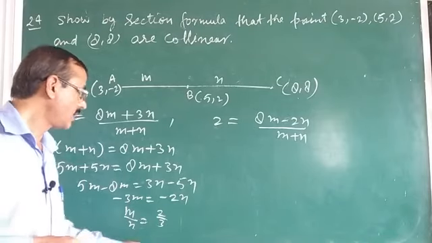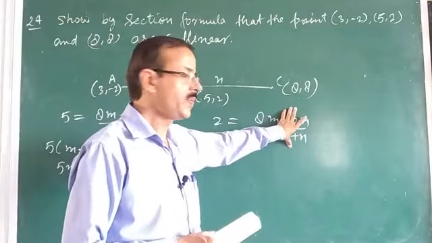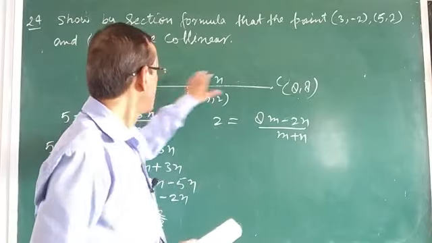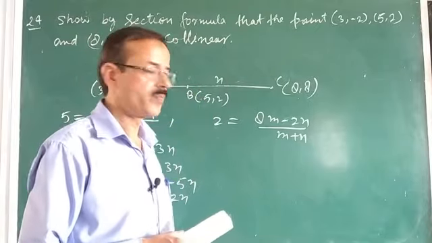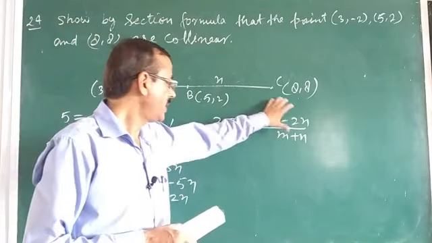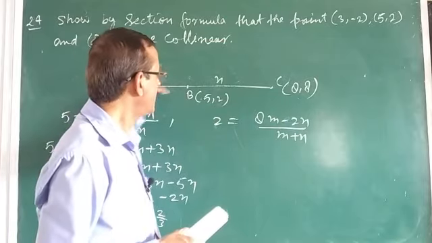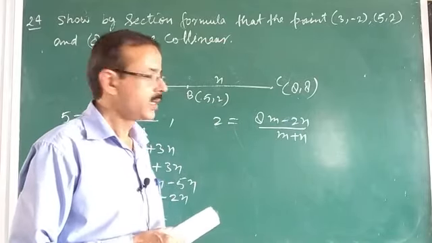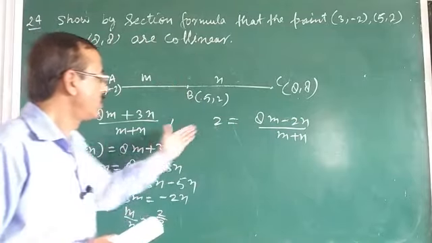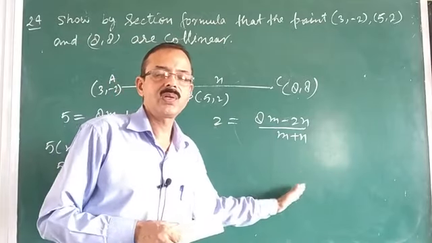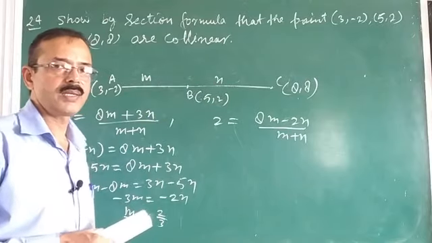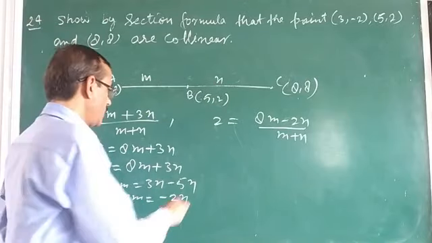By using this m n, we have to put it here. If the result is coming 2, it means this lies on the line AC. B also lies on this line. We will put the value of m n as 2 upon 3 into this. If the result is coming 2, it means this lies on AC. Or you can also solve it like this, by transposing, we find m ratio n. If from this also m ratio n is coming 2 upon 3, so also we can say this lies on the same line. Now check it.